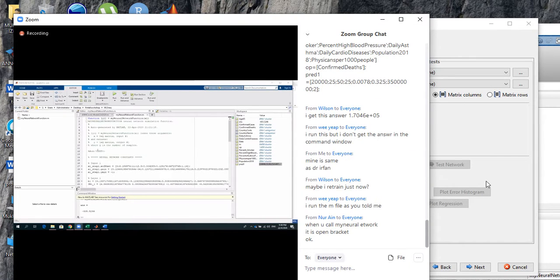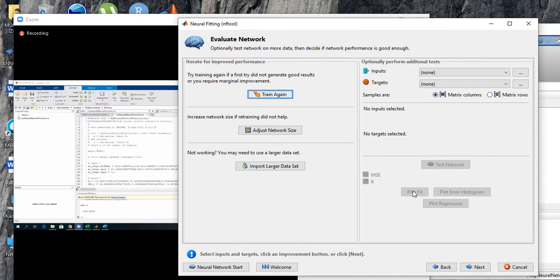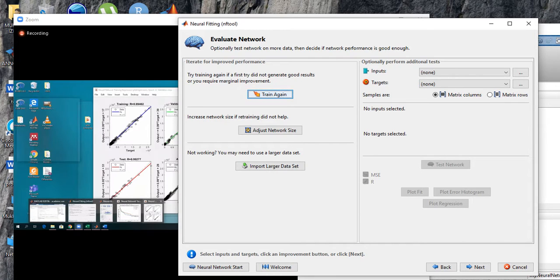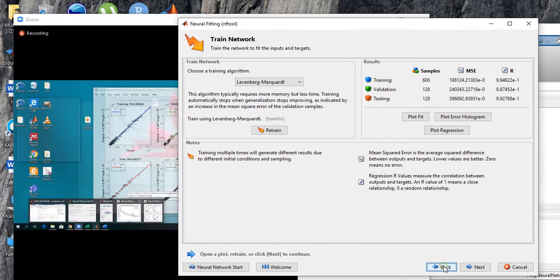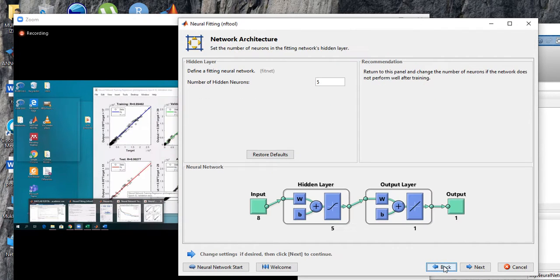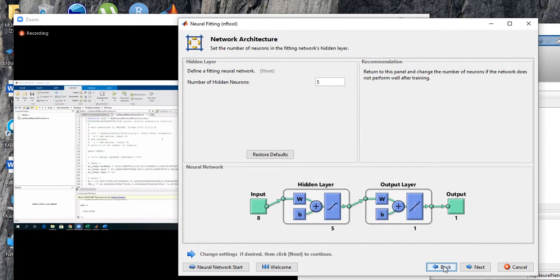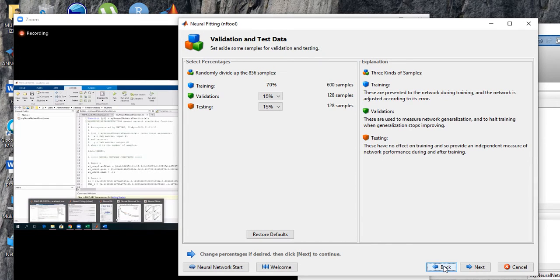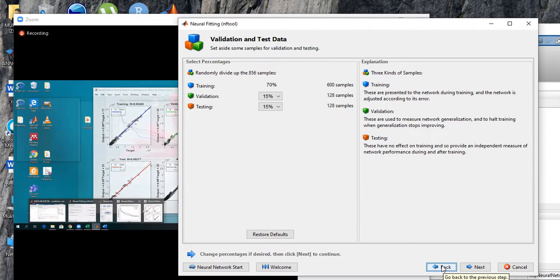Doctor, when we close all the regression output, the R squared, how can we get those pictures again without retraining the data? No, you cannot get the pictures again. You can keep your ANN models, but you cannot get the pictures again unless you save them. Once you get the pictures,